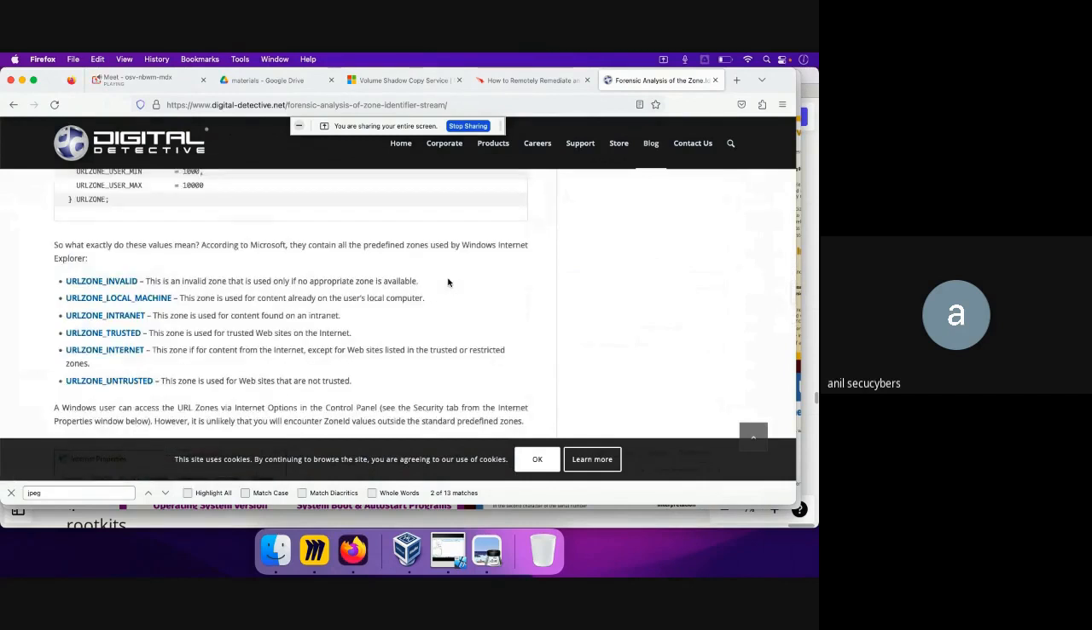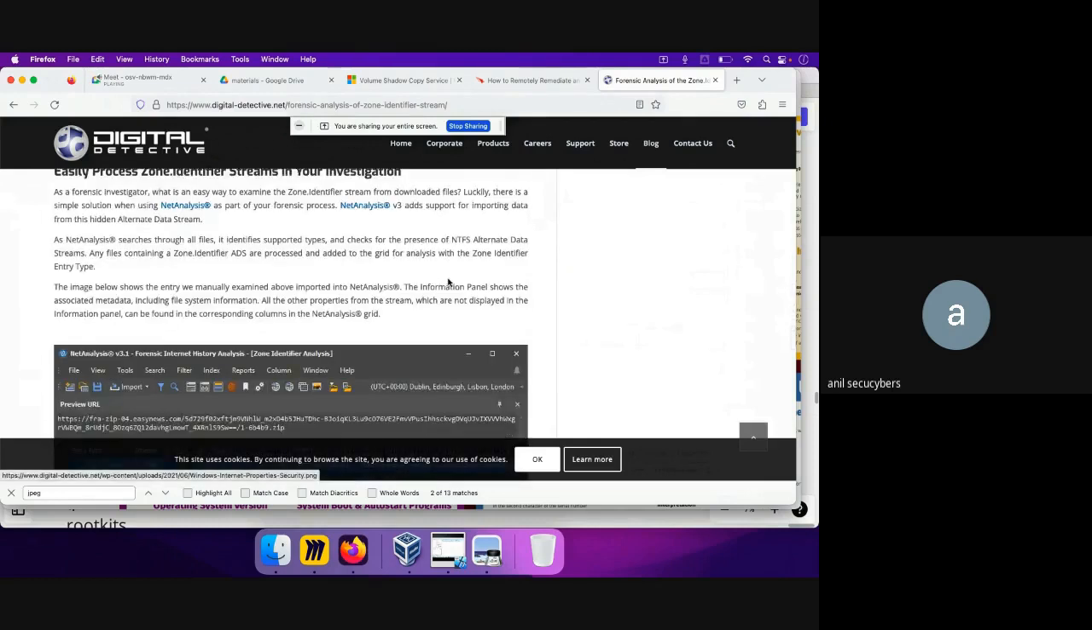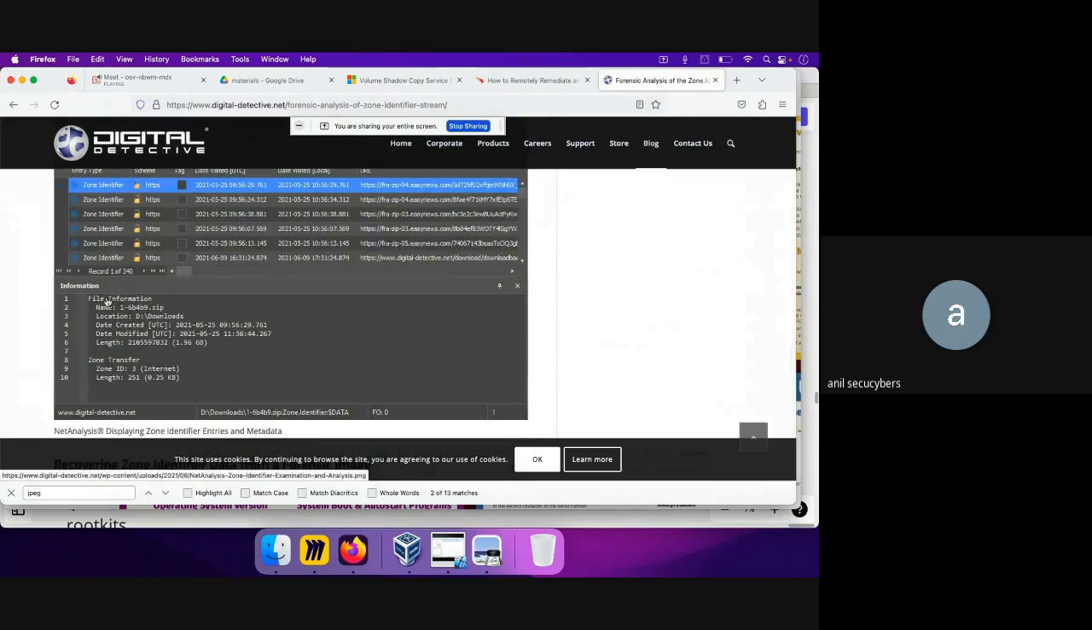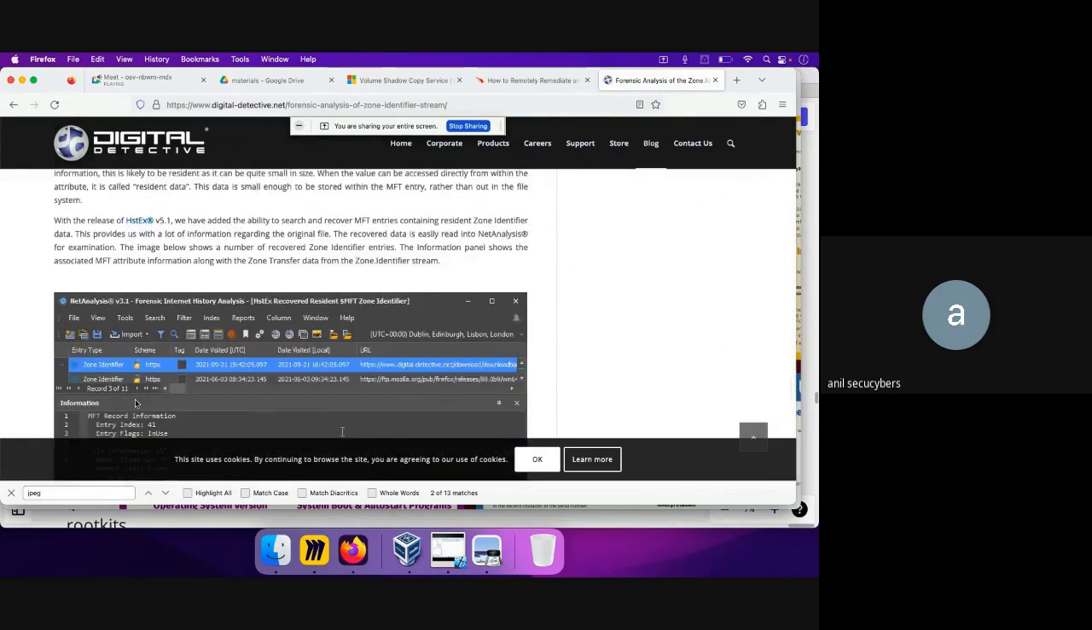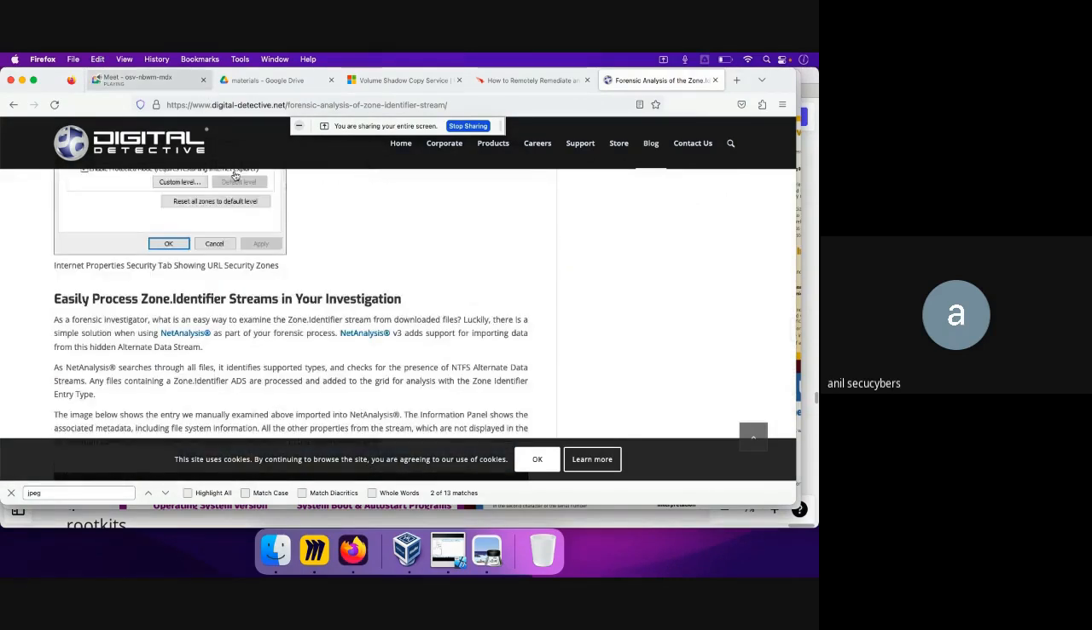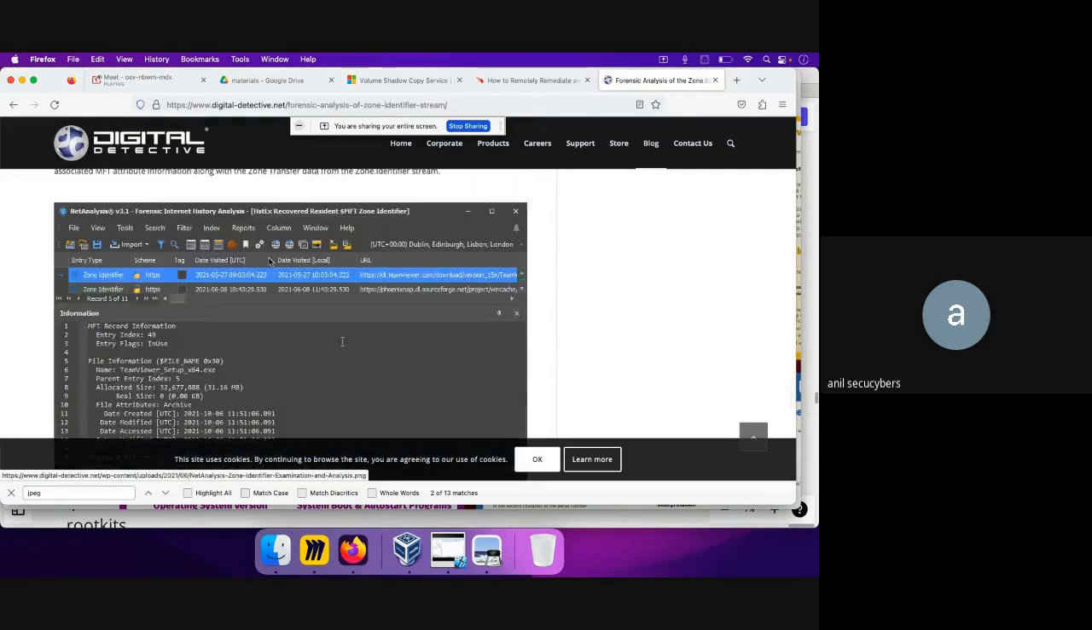Okay, so now here, for an example, the zone identifier is 3. Okay, so 3 actually means that